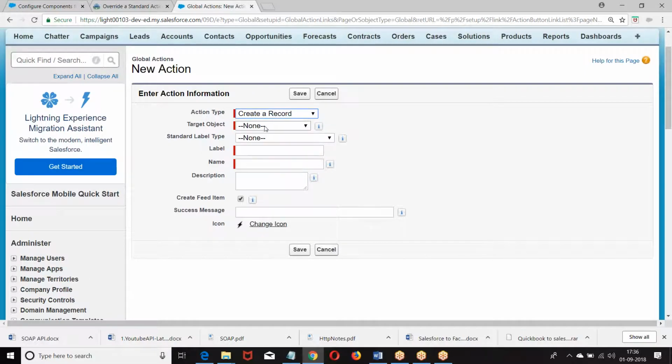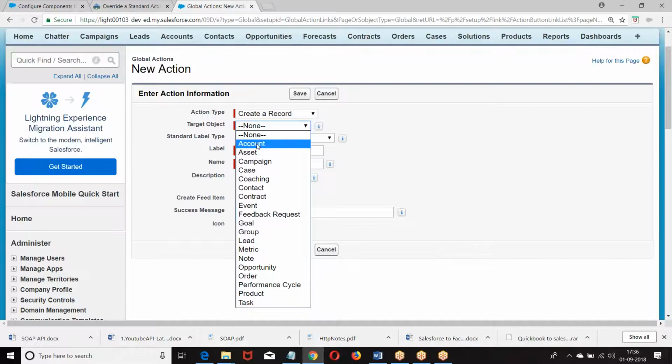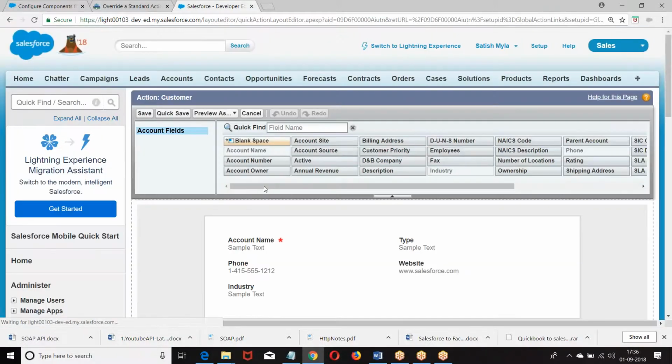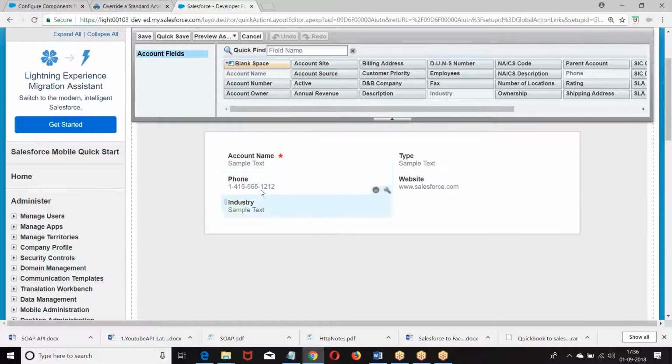Let us say create a record. Which object record? Any label, standard label, or you want to create your own label? Customer. Now when it's a quick create, which field should be there?